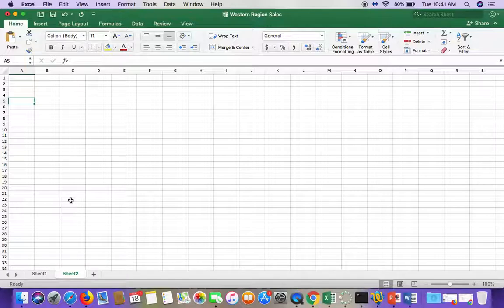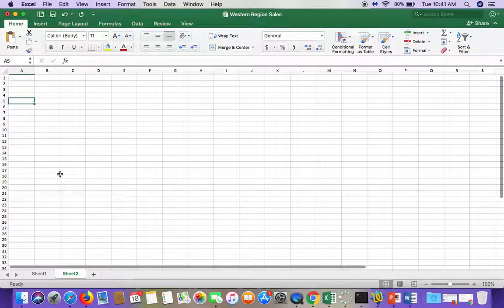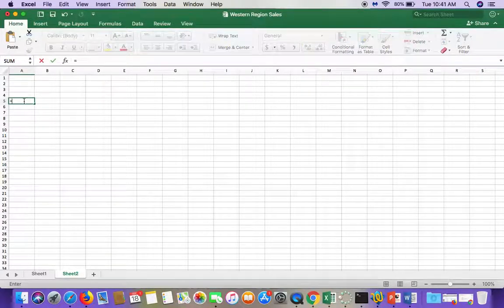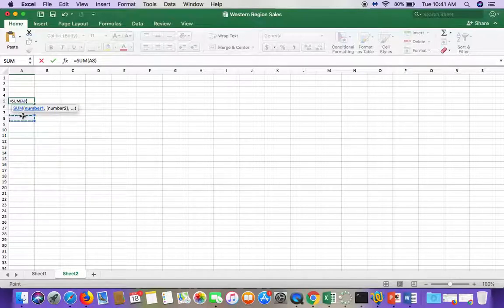Another way to go to the functions is the exact same dialog box will pop open, and that's right here on the formula bar. If you hold your cursor over the f of x, it's the insert function button. Click that, and there it is again. One more way we're going to do it is to manually type the equal sign, and once you type a letter, everything that begins with that will pop up, and you can keep typing and so on. Sum is the most recent and one of the most used, so that will pop up. If you double click on that,